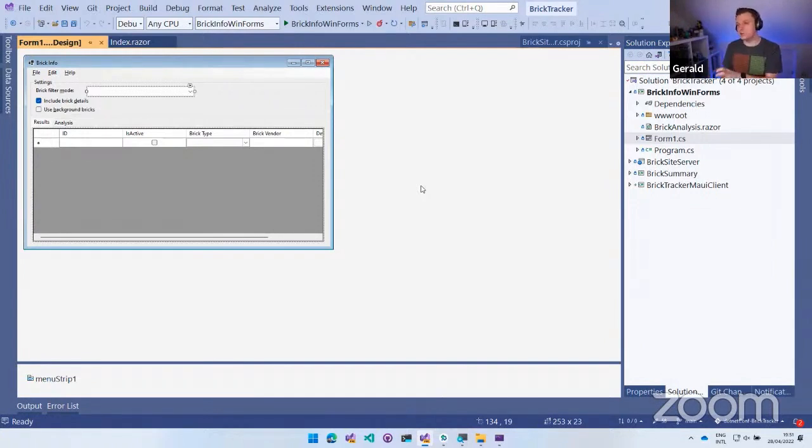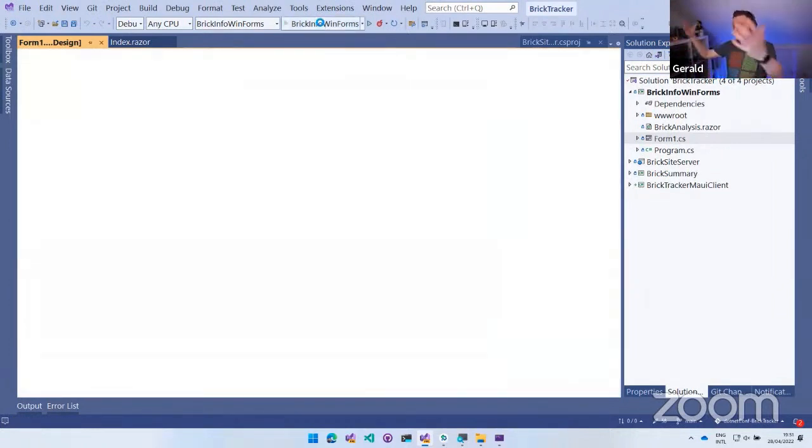So if you have this WinForms application, but you're also building a new web-based application in Blazor, and you want to bring that modernization to your WinForms app without having to rewrite that whole big old dinosaur in one go, but just replace little bits and pieces, you totally can. So if we run this thing in WinForms,